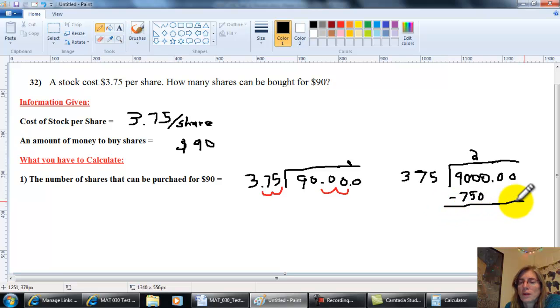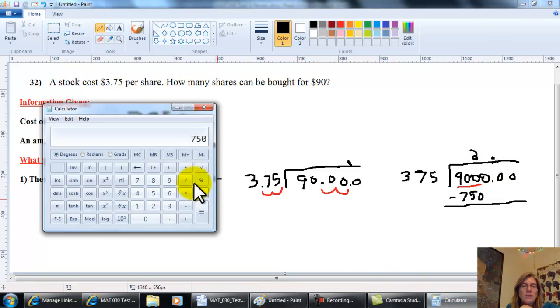So I'm going to subtract. What I did is I did 375 into 900. Let's underline that. 900. We still have the decimal point there. I need to draw that. The decimal point is still there. Okay? And our calculator told us that 2 times 375 is 750, so I'm going to subtract that and get